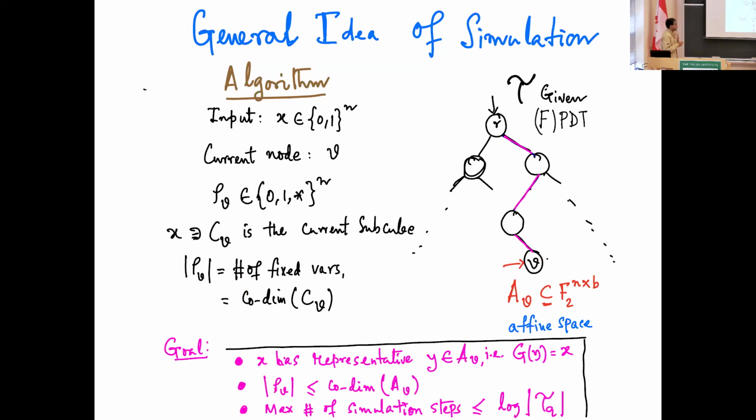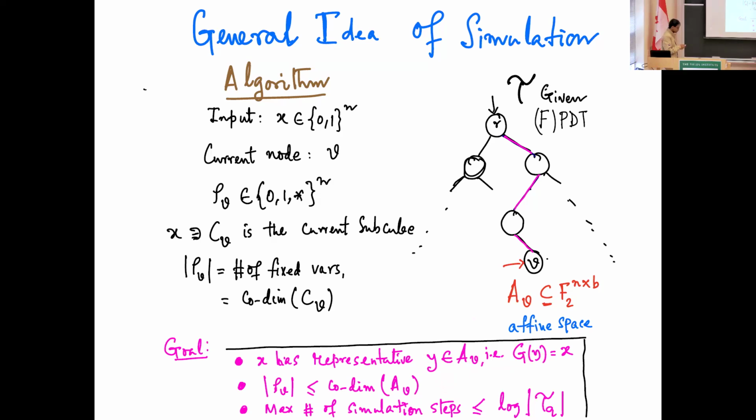Okay, so what's our goal? The main goal in this kind of simulation is that I want to maintain the following invariant, which is going to be the very crucial thing: because I have an algorithm which is not trying to probe too much into the input X, X will always have a representative in the affine space that I have descended into. And by representative, I mean, if you apply this gadget on this input Y in the lifted space, I should get back X. If I can maintain this invariant, then wherever I am, I can mimic the answer given by the parity decision tree, to get back the right answer.